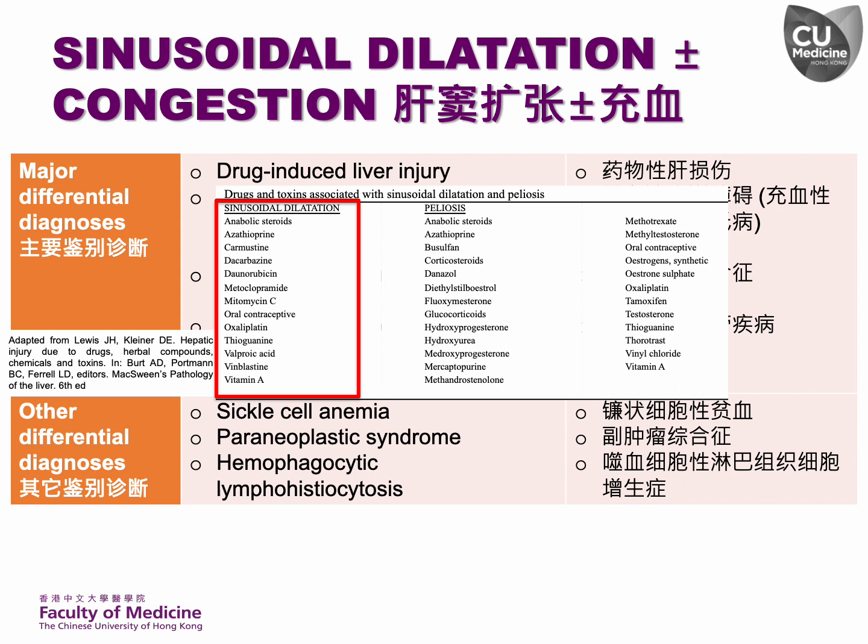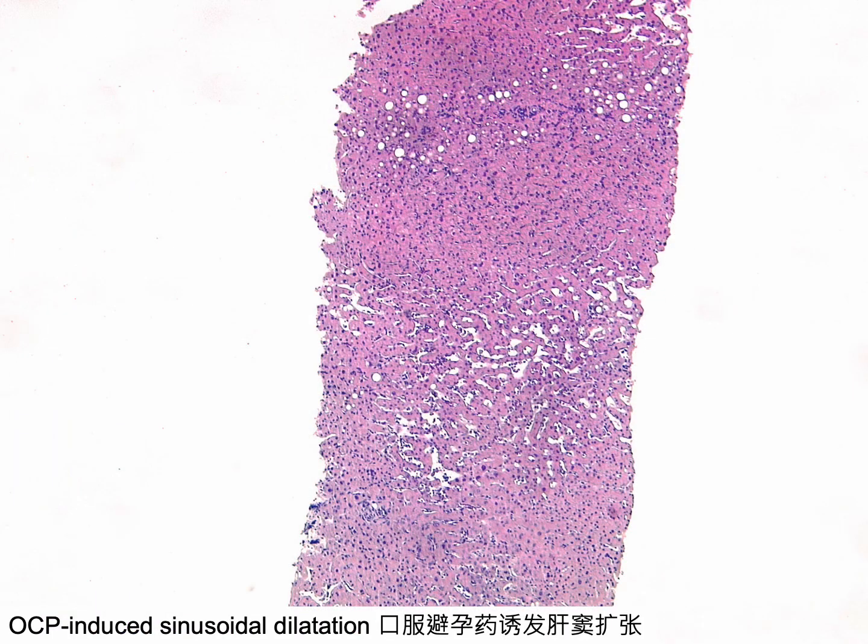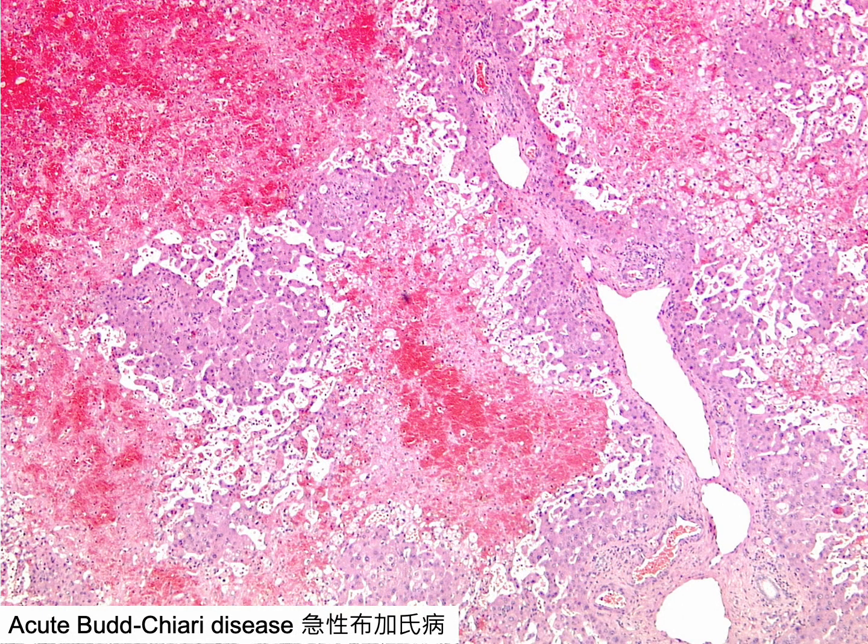Additionally, certain medications and toxins can directly affect the liver's vascular structure, leading to sinusoidal dilatation. Oral contraceptive pills are one of the most common medications associated with sinusoidal dilatation. Zone 3 hemorrhagic necrosis with sinusoidal dilatation and congestion is commonly seen in acute hepatic outflow disorder, which also falls into the differential diagnosis of the acute hepatic necrotic pattern mentioned previously.